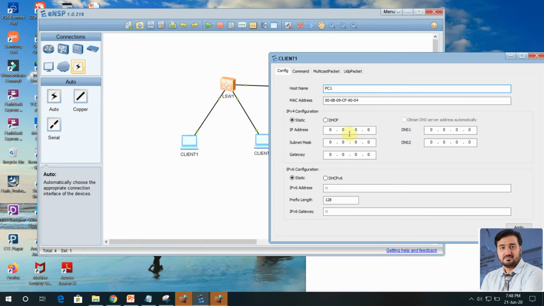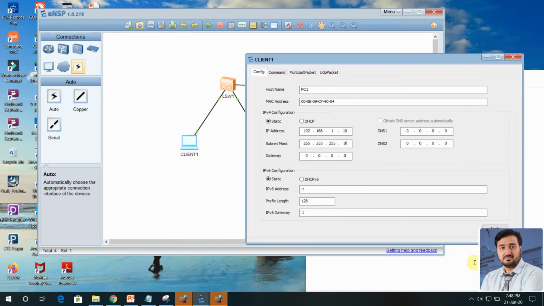The static IP address is 192.168.1.10, with subnet mask 255.255.255.0. We don't need a default gateway because the router is not connected. Click on apply. This configuration is finished.